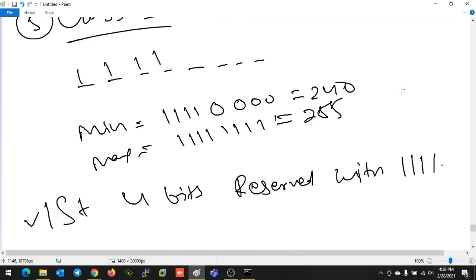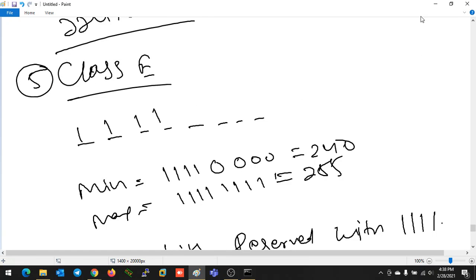If my machine finds anything starting with 1111, it will understand this is a class E IP address. And how will you understand? By looking at the first octet decimal number, you can understand which class it belongs to.